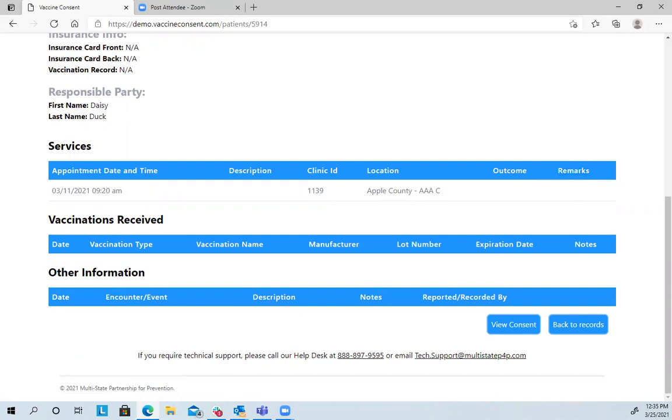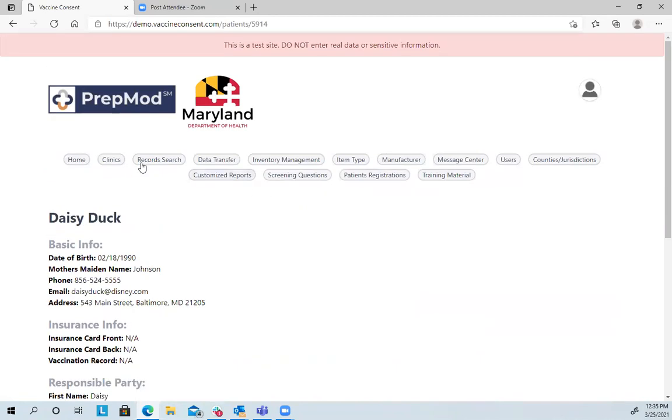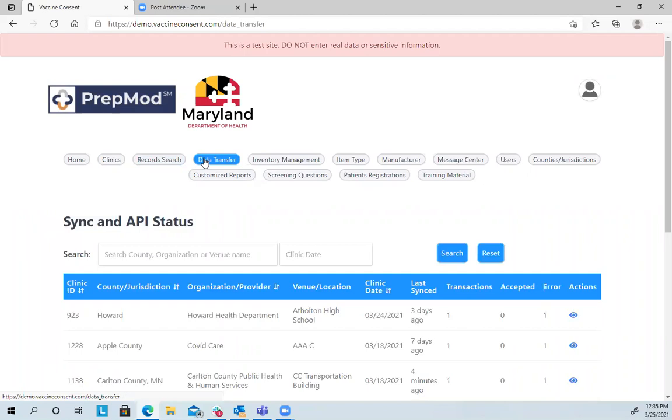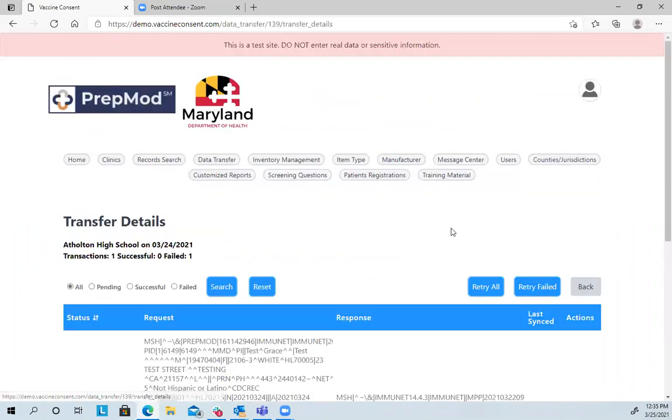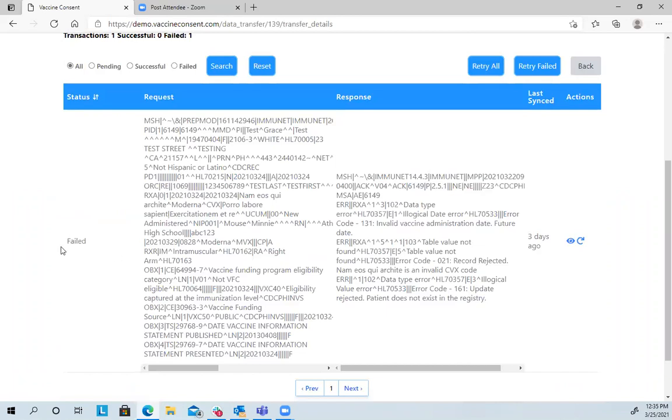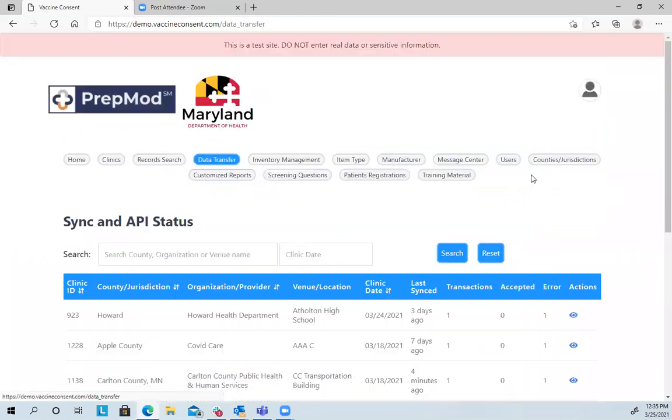Okay. No questions? Let's keep going through. So we've talked about what you do in clinic. If you are a lead staff person and at the end of the day hit save and submit, as we said, that's not really for our staff to do. You can go to data transfer, as well as all of our admins, to see that the information has gone over successfully. This is a test site, so we expect to see all these errors. If there is an error, you can look here and it'll tell you what did not go over correctly and whether it failed. At that point, you can get in touch with your IIS or anyone to know.